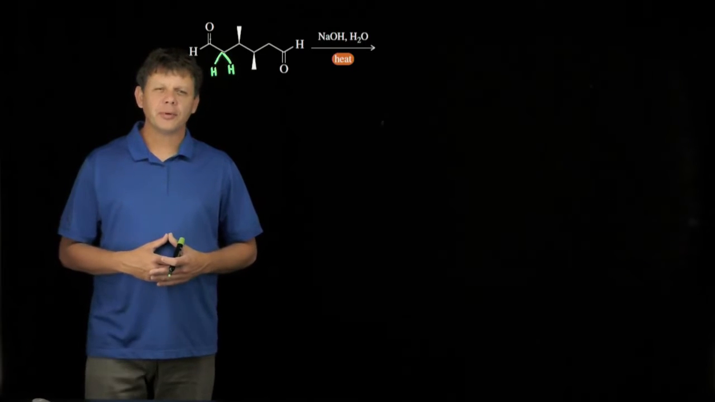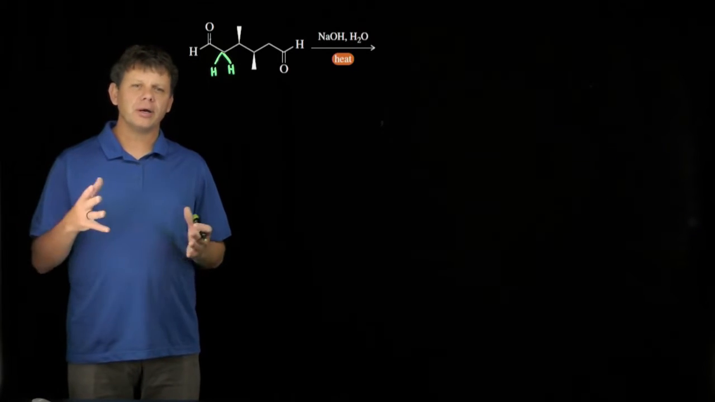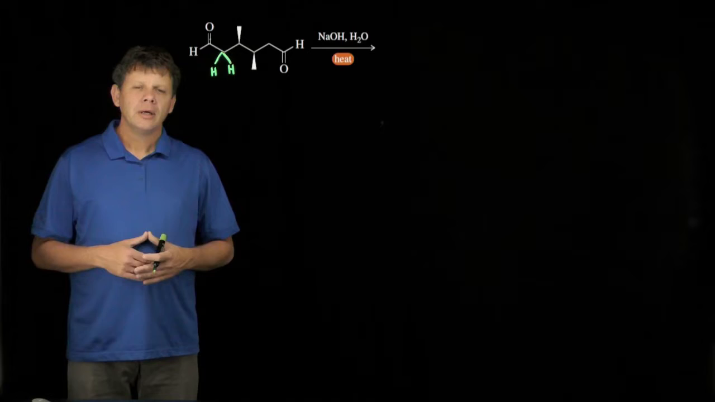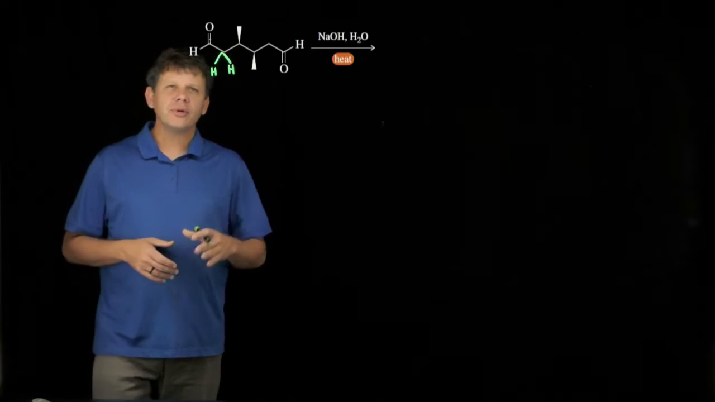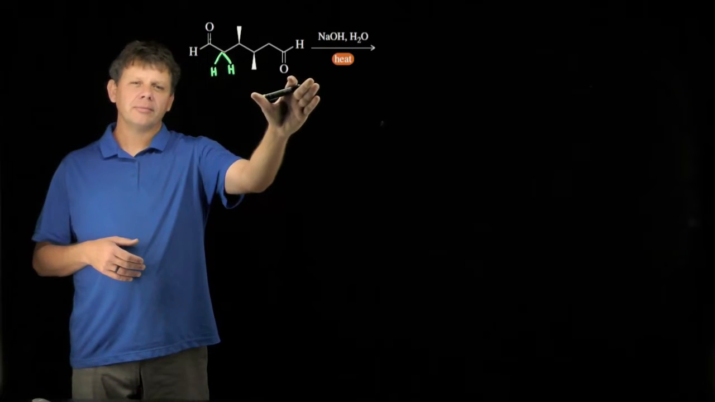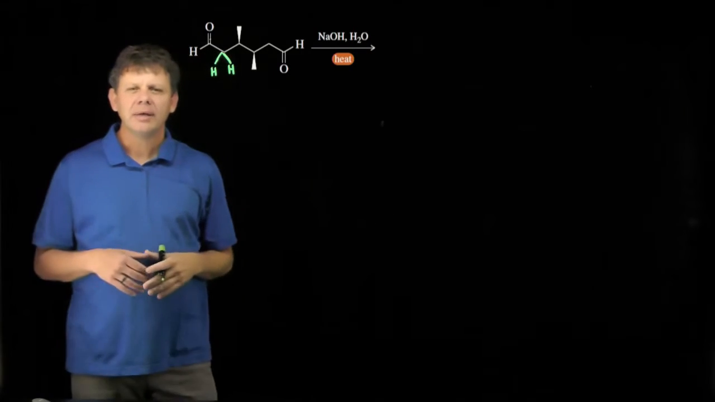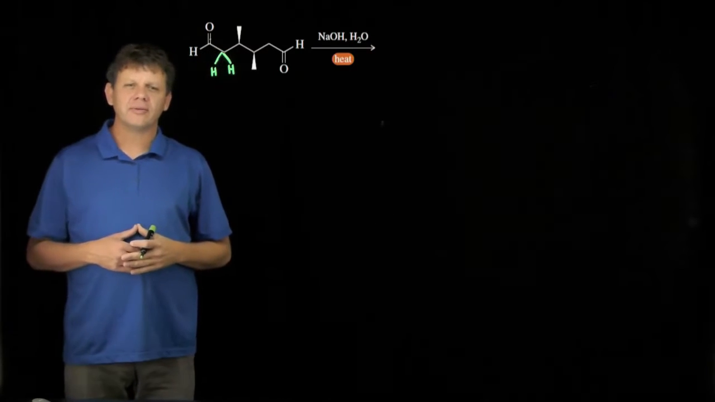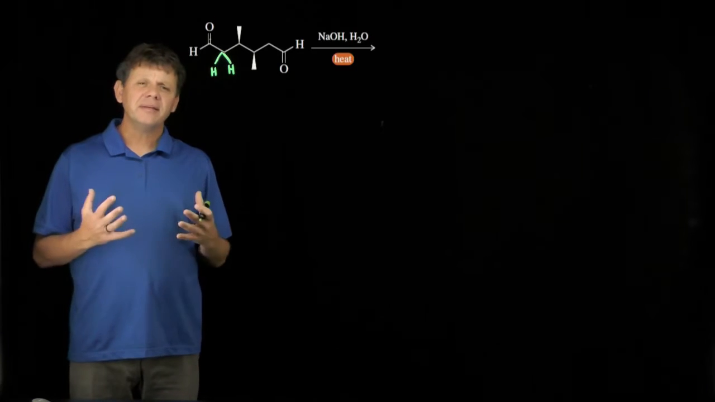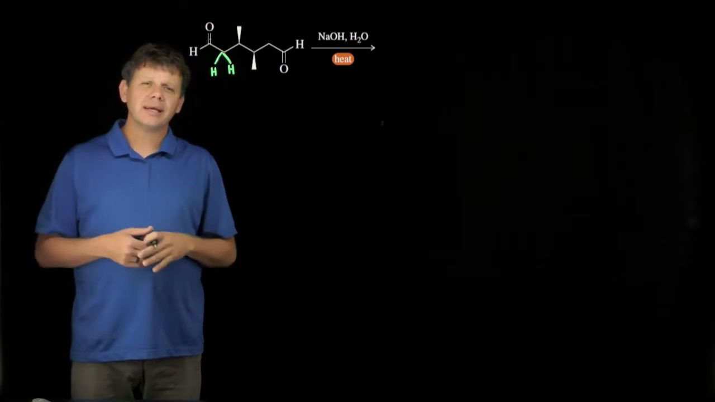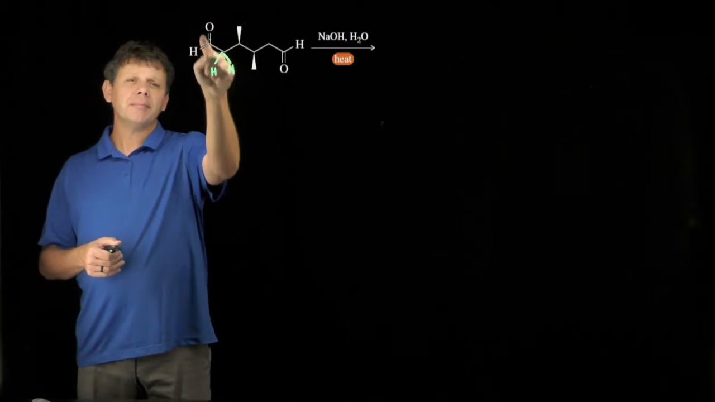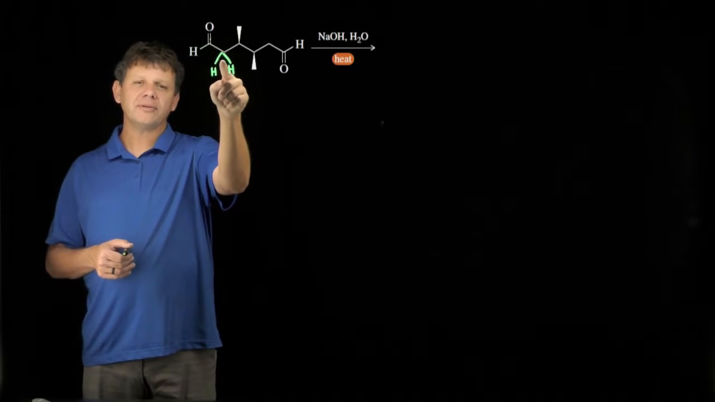This assessment asks us to predict the product and show a mechanism of the reaction on screen. When we look at this, what we first notice is we have two aldehydes, right? Two aldehydes reacting with sodium hydroxide, water, and heat. Those sound a lot like the conditions of an aldol reaction. The difference here is that it's going to be intramolecular because we could conceivably make the enolate on one side